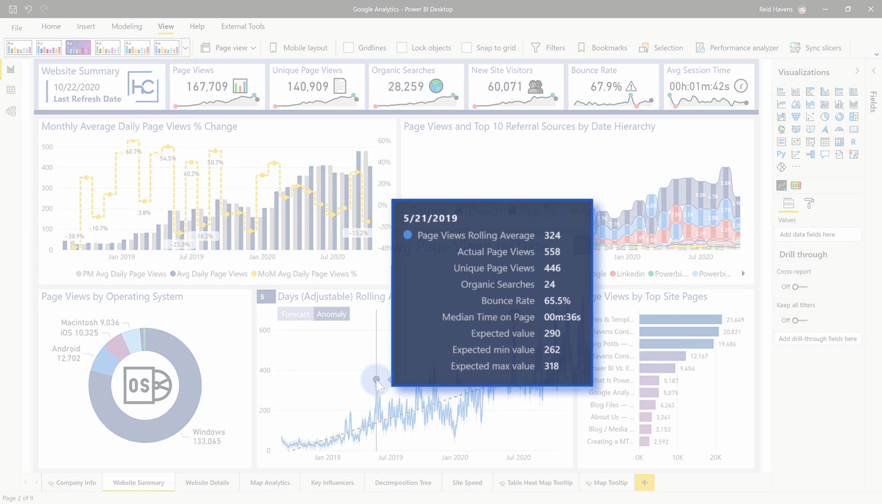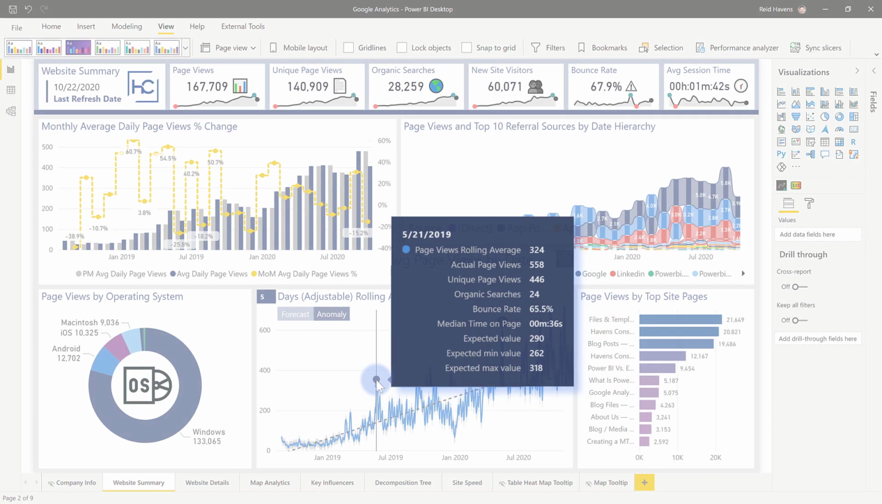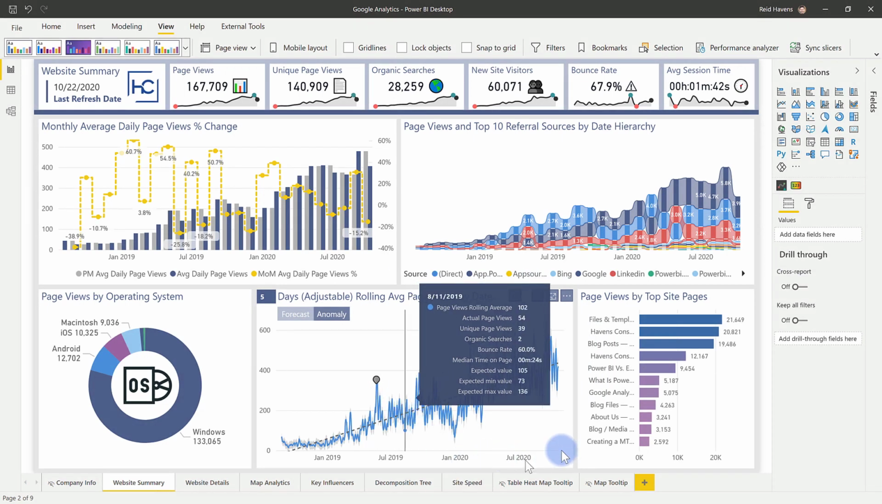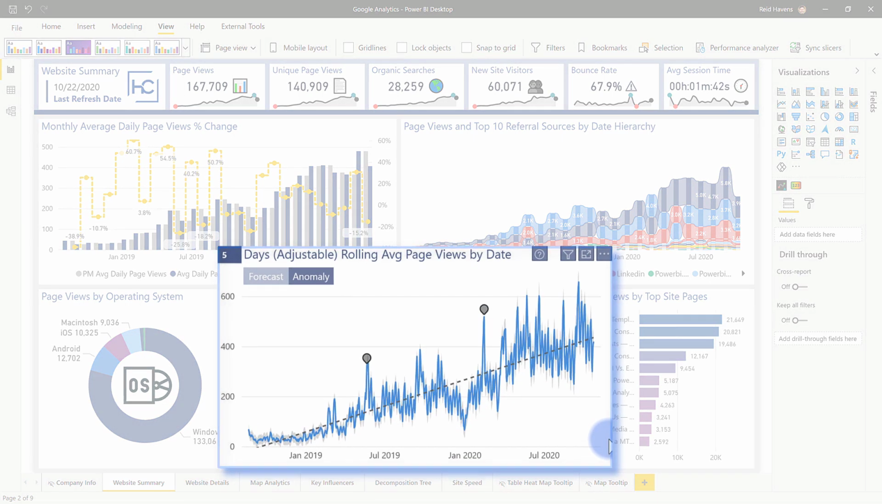Notice that in my tooltip, we have expected value, expected min value, and expected max value. So that's where an anomaly occurred, where it is above the threshold of what it expected. And if I move my mouse away from here, you can see a faint line around all of the lines, that's basically the range that it is expecting. So if I click this,